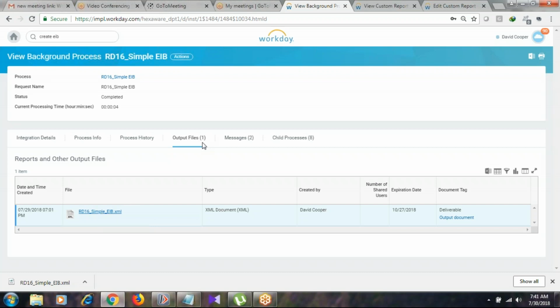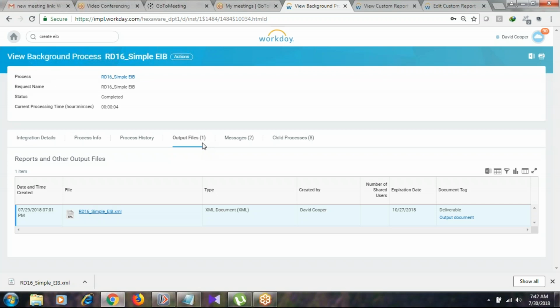If it is production, we have to deliver the file to the third-party system. When I run the same integration, there is no need to configure the delivery steps again for production. As per the current delivery setup, when I deploy and run it in production, the file will be delivered to the external system. Based on the configuration, we provided the SFTP server name, user ID and password to connect, and also the directory where we need to place the output file. So when I run this integration in production and it completes successfully, the file will be delivered to the third-party system here.